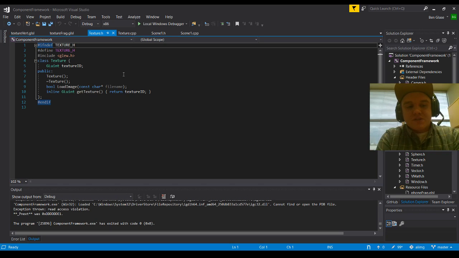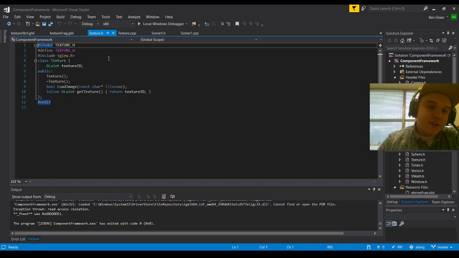So first, when we look into our texture, what we're going to see is we have an empty constructor and destructor, and then we're going to have a bool for the load image. Sorry, it's going to take a character pointer for the file name. Essentially, as I will show shortly after, that's just going to tell us whether this loaded properly, yes or no, and then it'll spit something out if everything fails. And then our inline get texture, of course,